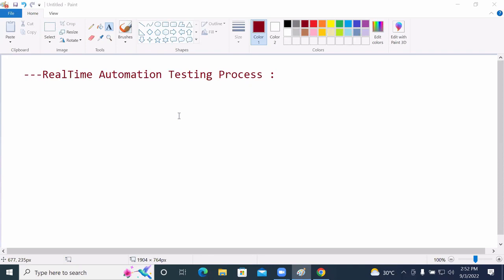Automation testing does not get started until the manual test cases are ready. According to the real-time process,